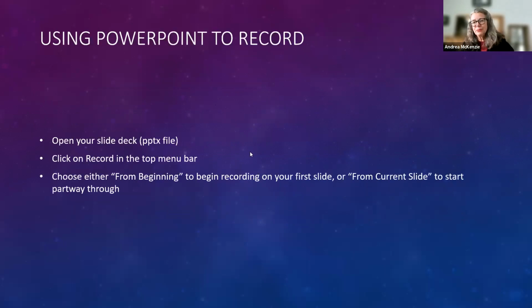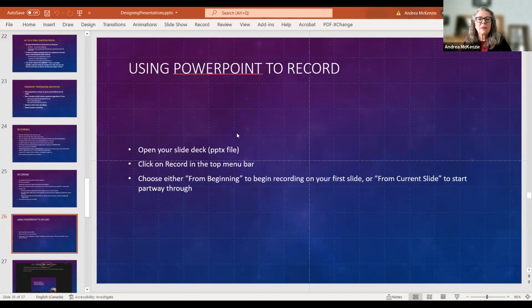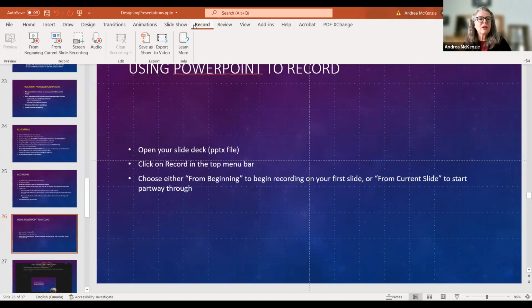Very briefly, look up how to record on PowerPoint. You can record individual slides, and if one slide isn't satisfactory, you can erase and do it over again. To do it, you just open your slide deck like this one. You click on record in the top menu bar. You can record from the beginning or from the current slide. If I click on from current slide,